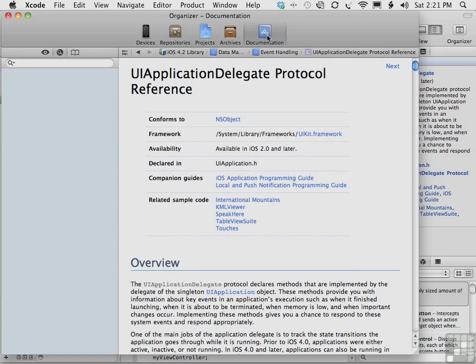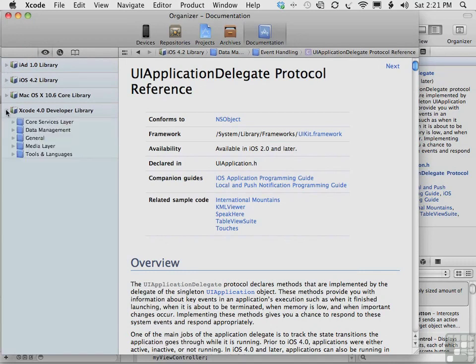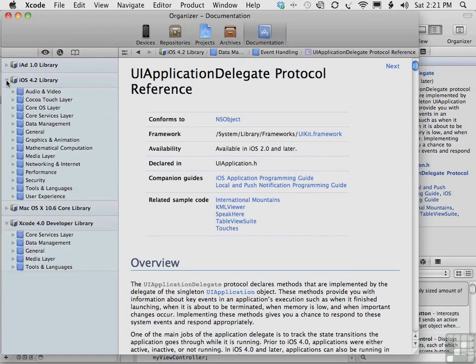The documentation pane lets you browse and search items that are part of the Apple Developer Connection Reference Library, which is a collection of developer documentation and tech notes. If you click on the I, you see a navigator for the library, the Xcode 4 Developer Library and the iOS Reference Library. Using the documentation pane, you can browse and search the iAd, iOS, Mac OS X, and Xcode library reference guides. It's the go-to place for getting documentation about a method or protocol or more information about methods